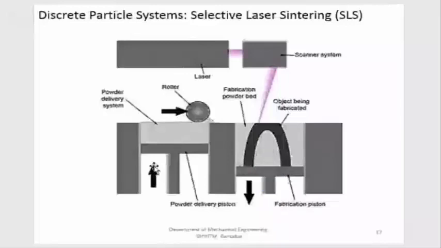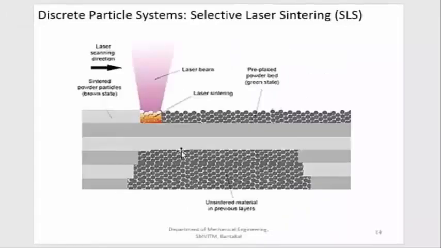You may have to do a lot of grinding or polishing or other activities to improve the surface finish of the component produced by using the selective laser sintering process. So this is a layer by layer manufacturing. This is a loose powder here. This is the powder which is melted or which is fused together. For this particular layer, whatever material is present below it, that itself will be acting like the support. So you can go layer by layer and you are going to manufacture the entire component.